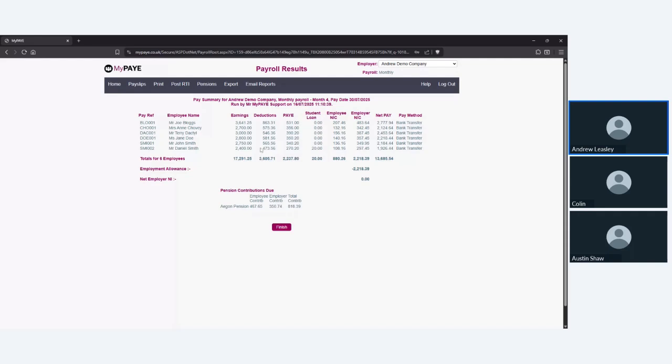There's a few that have a direct link, so you can actually just submit it direct to them. Like you would do an FPS submission to HMRC, you can do a submission directly to the pension provider. You can export the reports and you can email the reports to someone else, like your clients, for example. But once